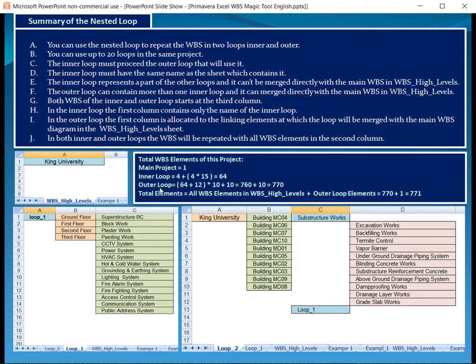The outer loop will contain these 64 elements of the inner loop,